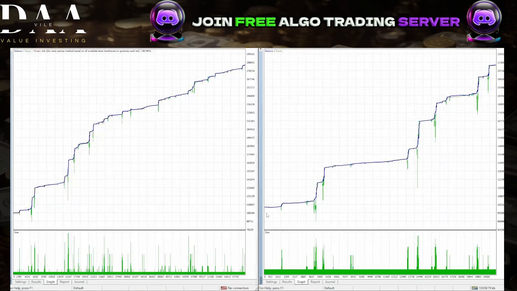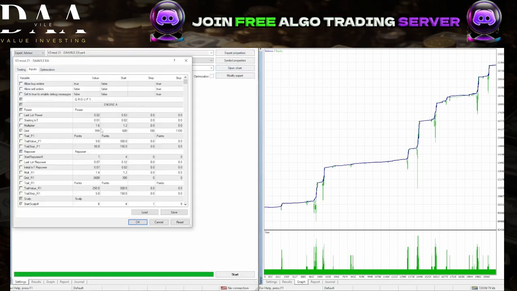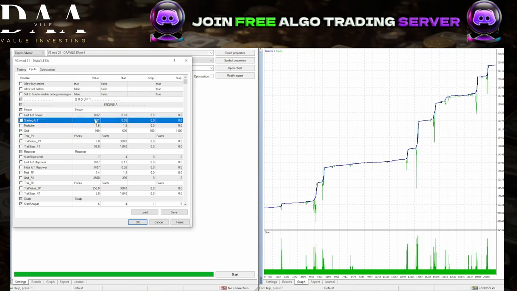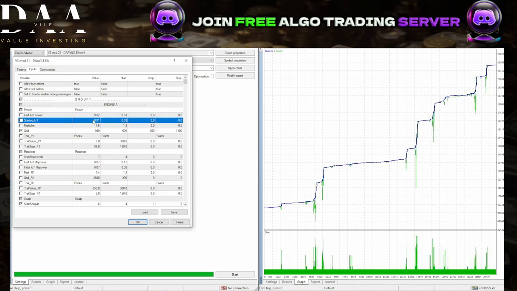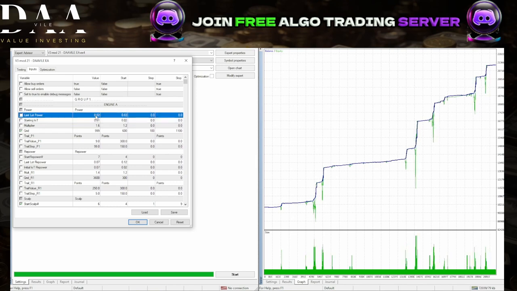So what I'm trying to figure out here is if it's worth increasing the initial lot once compounding, or if it's better to keep triggering progression. So the next test would be I will use 0.02 with a last lot of 0.04 and 0.01 with a last lot of 0.04. So see if it's better to keep adjusting the multiplier and the progression to bigger lots,